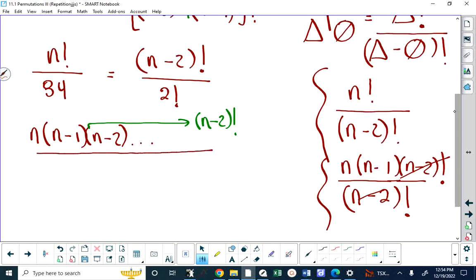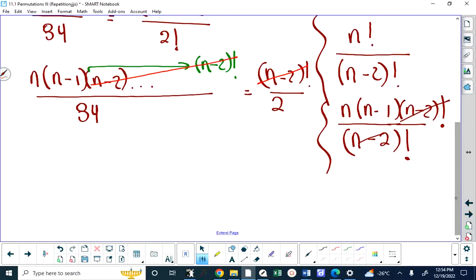This is over 84, and it's equal to n minus 2 factorial over 2. So I've gone from 2 factorial to 2 there. 2 factorial is 2 times 1, which is 2. So now what happens is I can cancel this n minus 2 factorial with that n minus 2 factorial. I'm left with n multiplied by n minus 1